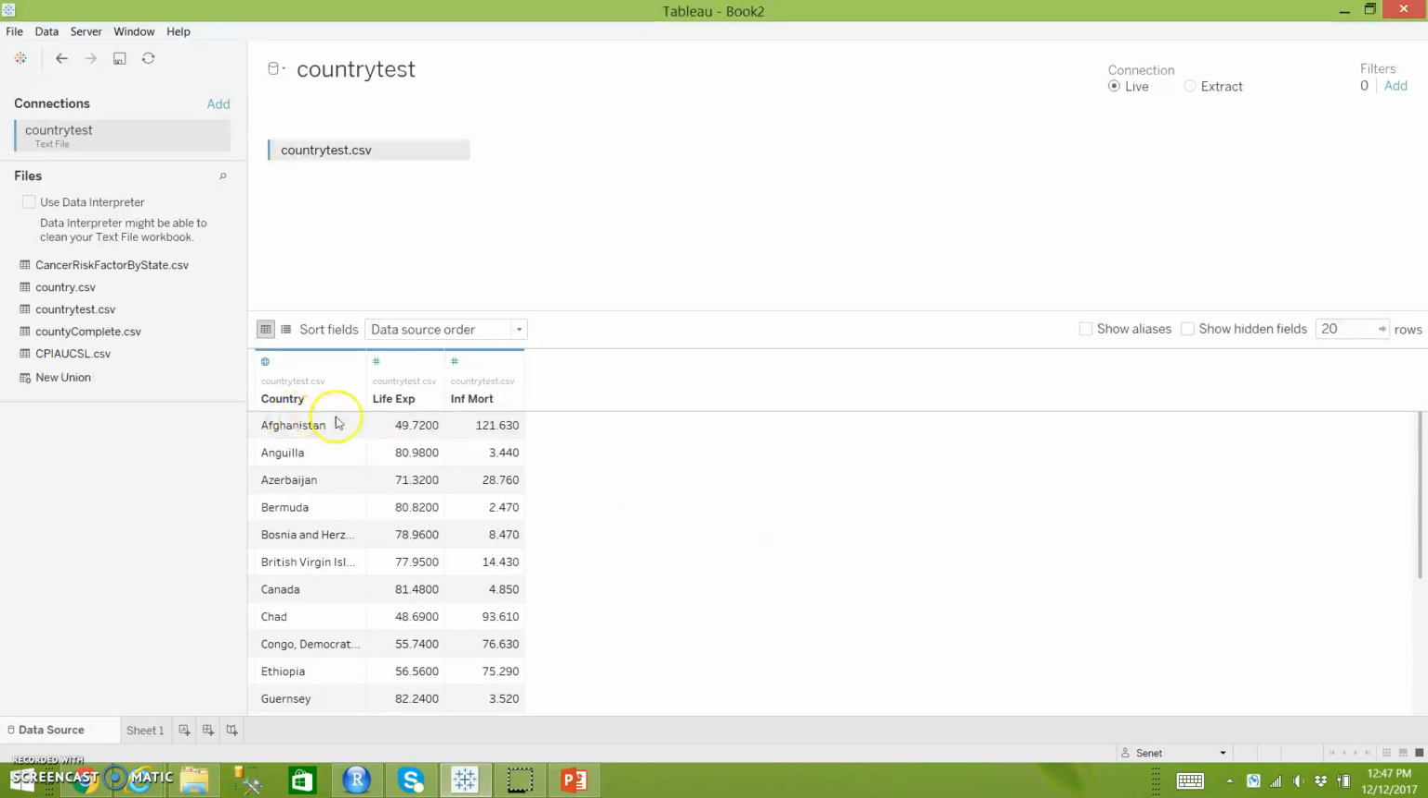So here with different headers, Tableau has loaded the data set with country, life expectancy, and infant mortality. Also, the good thing about Tableau is it automatically assigns the data type. For country it's string, for life expectancy it's number or decimal, and for infant mortality it's number decimal as well. So once the data has been imported, then we want to go to the workspace of Tableau,